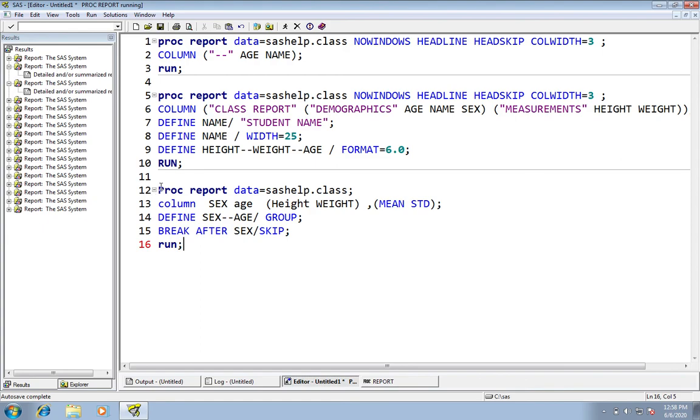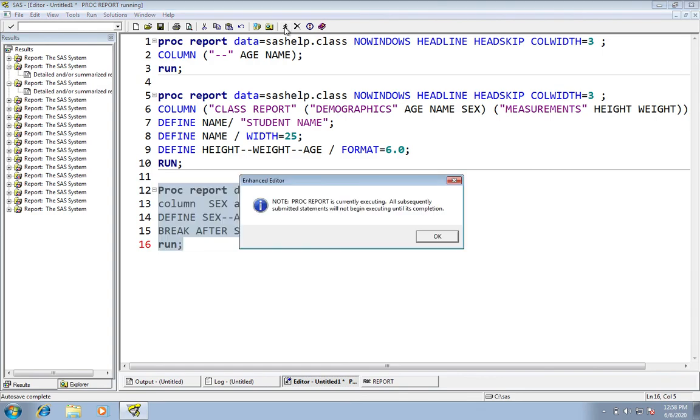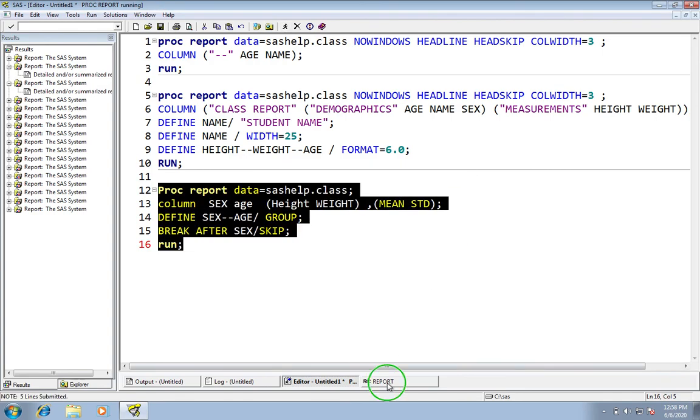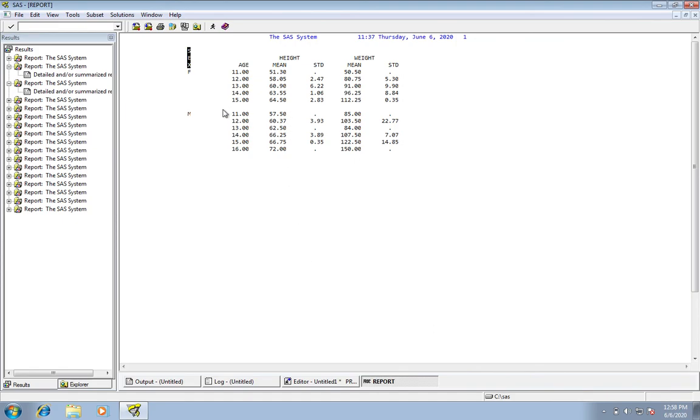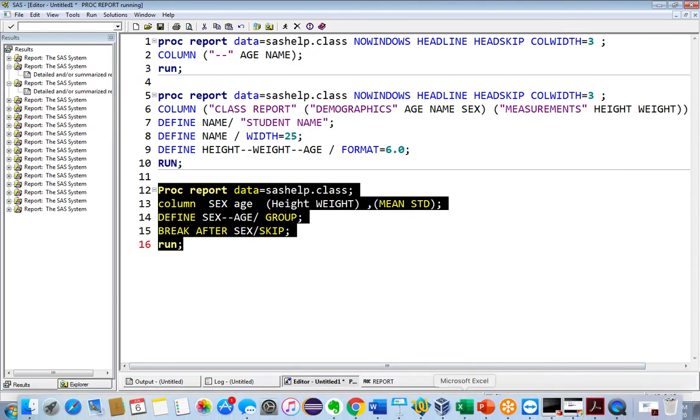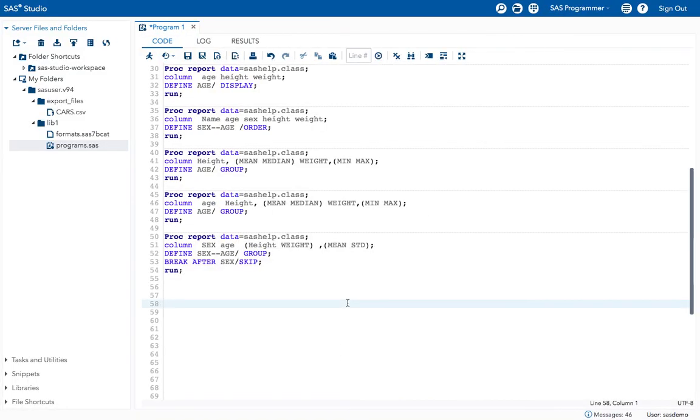I have taken the same program here. In the old version it works basically. See, here it included a blank space after each gender data. So this skip option works only for the old version. The next option is including underline or overline and the summarize option.